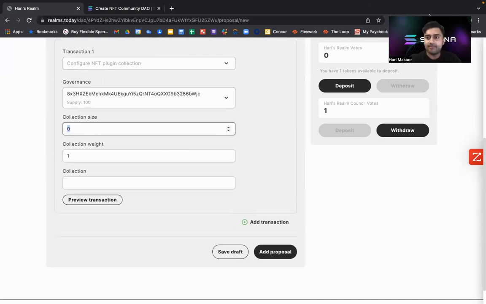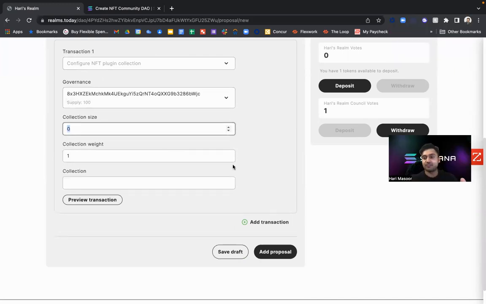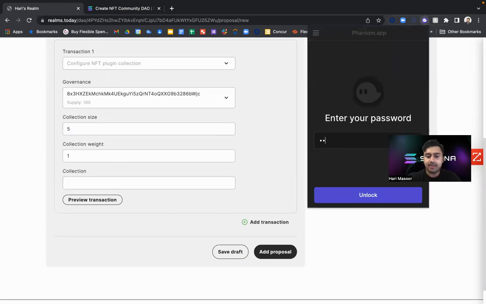So I have one that I created. It's just 5 NFTs. It's paintings of the Himalayan mountains. So I'll have 5 here. Collection weight I'll leave as 1. And then the collection you can actually find by